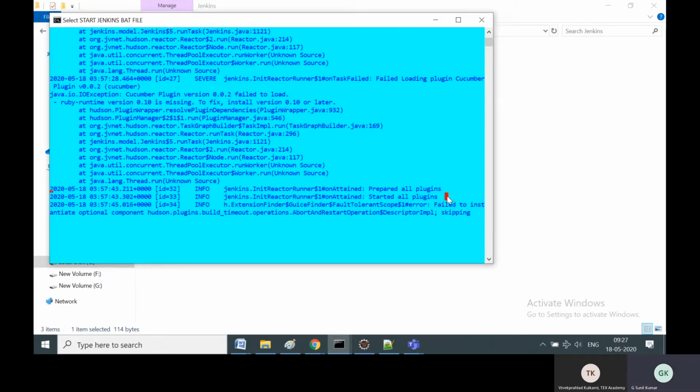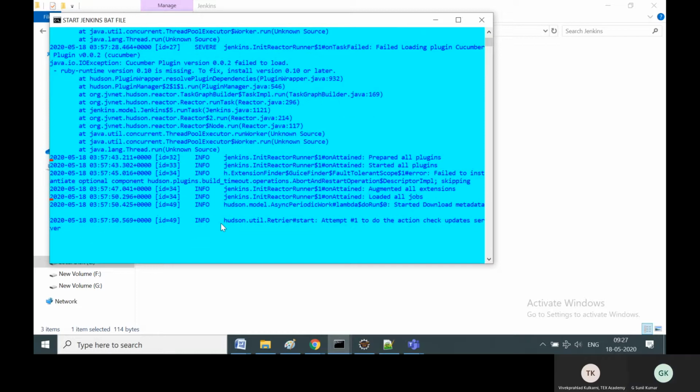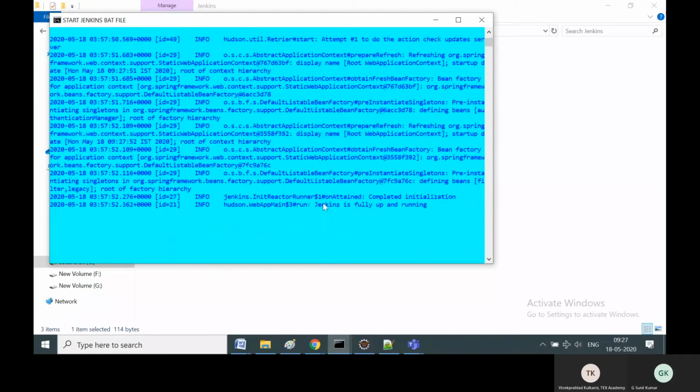So it says it started all the plugins, and you should get this message, guys: Jenkins is fully up and running. Otherwise, you can close the bat file and restart the bat file. Okay. So this is the message you have to get. Jenkins is fully up and running.